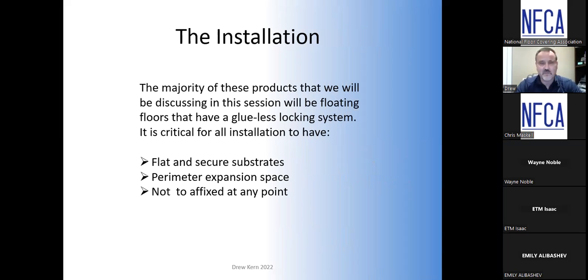The installation of the products that we're going to be talking about: no nail downs, no glue downs. These products are primarily floated. Can they be glued down? Yes, they can. But what we're going to be talking about today is the primary function of floating the floor. What is a floating floor? A floating floor is connected at the edges, usually today by a glueless locking system,